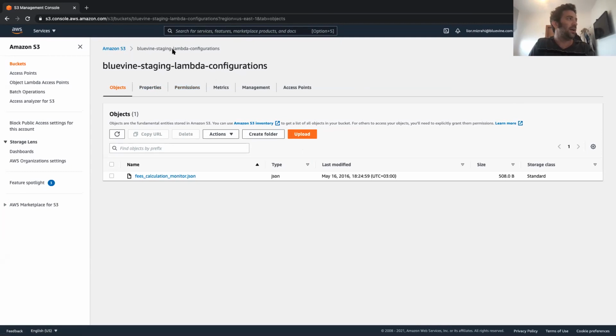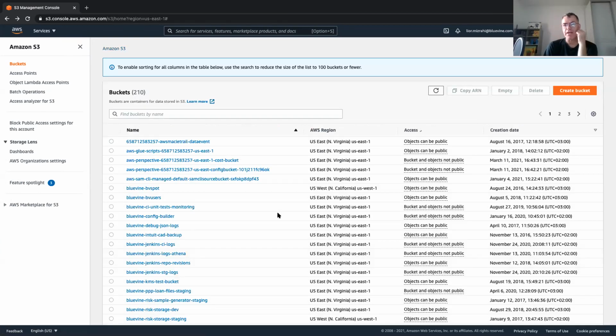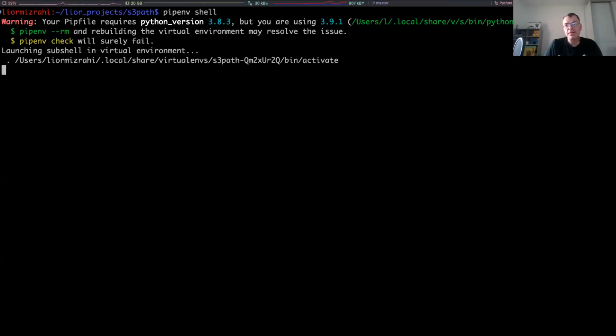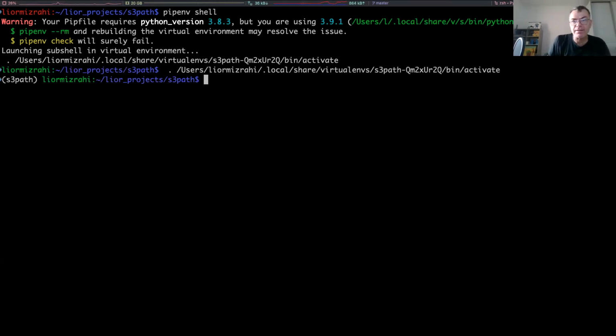You have a bucket, and in the bucket you have files. If you're looking at it as a hash table, it's the key. But if you're looking at it as a file system, you can spread it between folders and stuff like that. Yeah, so the slashes there basically don't mean anything for S3. The directory structure that we think of doesn't mean anything there. Yeah, it's just another character, the slash.